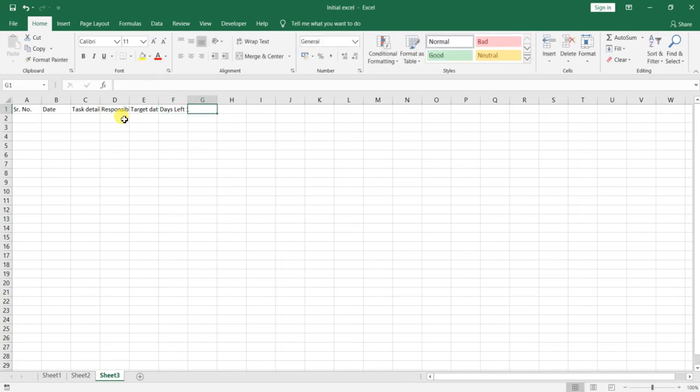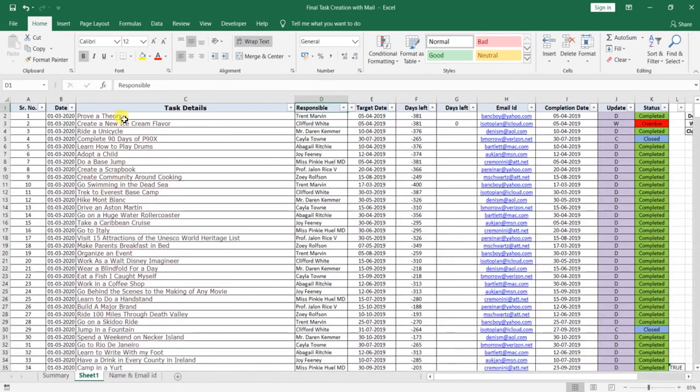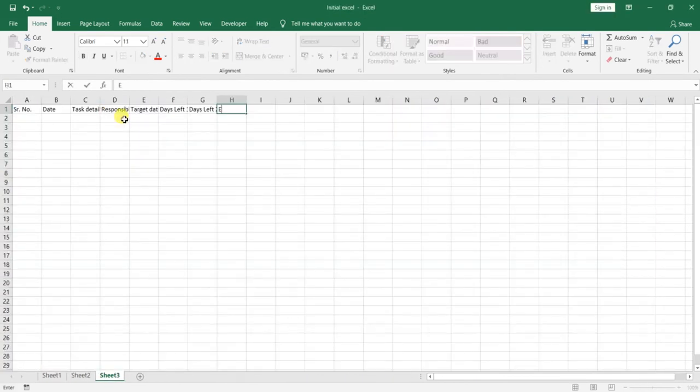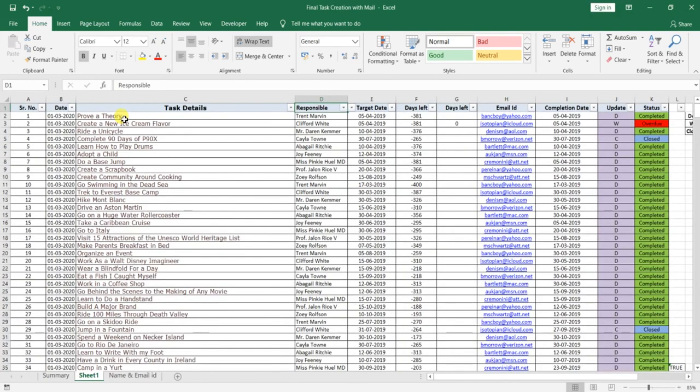Why I am using this days left, I will tell you in consecutive lectures, because these are columns which we use for some coding or background purposes. Now email ID, these all three columns will be hidden because we don't want to show them every time, but we want to tell the computer to do something for us. So that's why we are creating these columns initially.